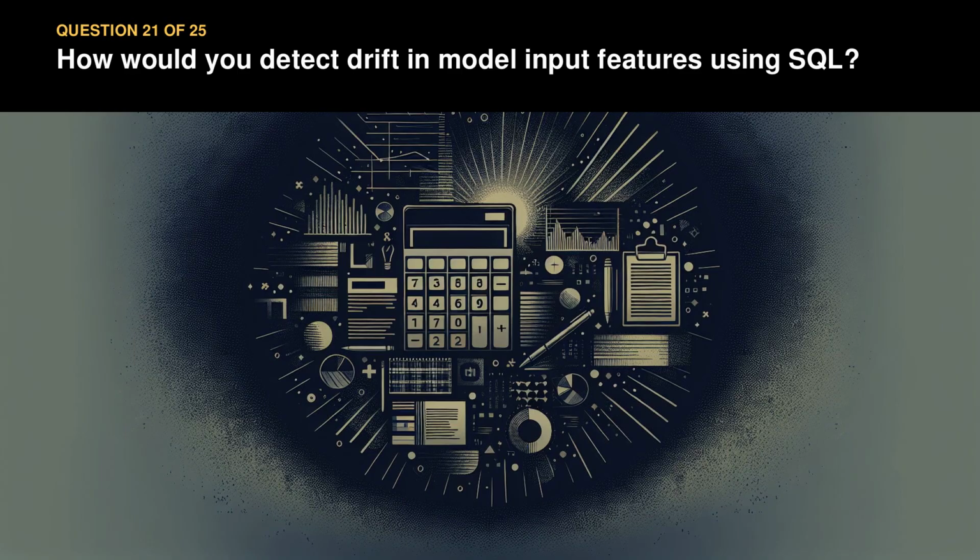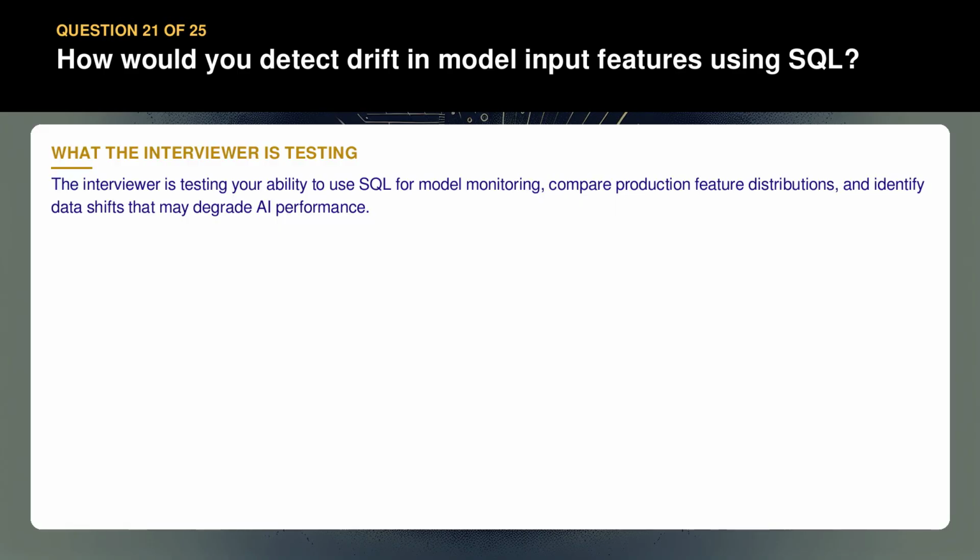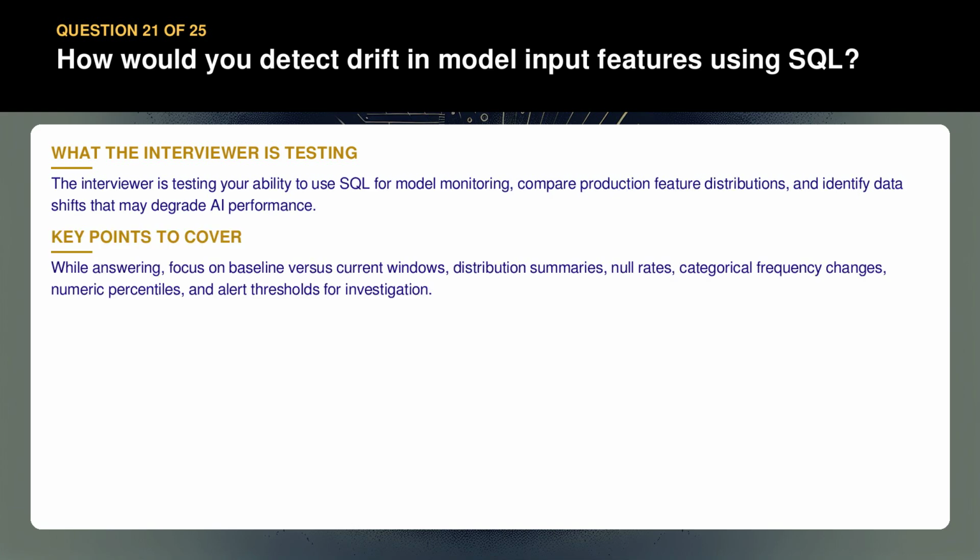Question 21. How would you detect drift in model input features using SQL? The interviewer is testing your ability to use SQL for model monitoring, compare production feature distributions, and identify data shifts that may degrade AI performance. While answering, focus on baseline versus current windows, distribution summaries, null rates, categorical frequency changes, numeric percentiles, and alert thresholds